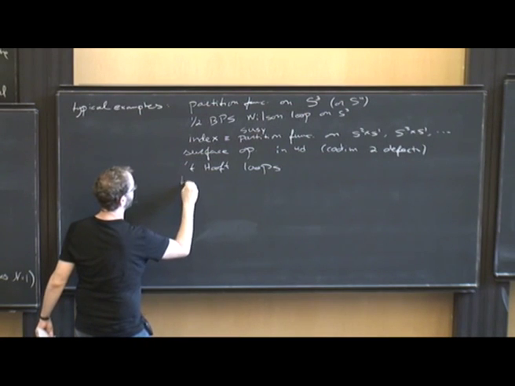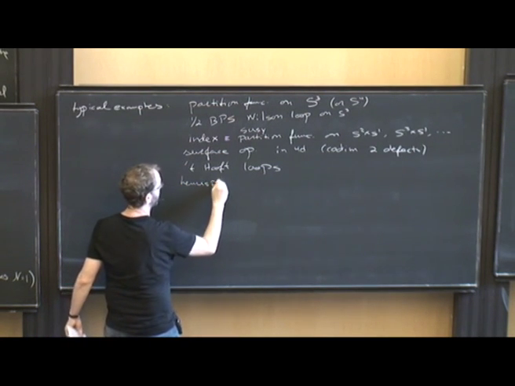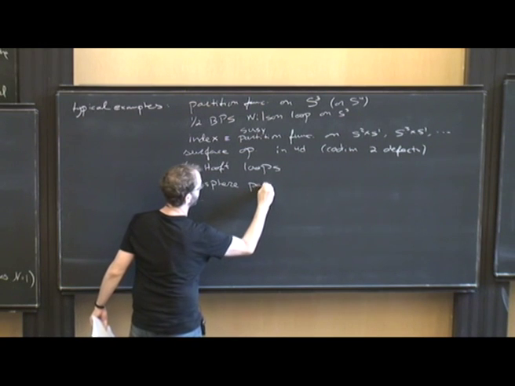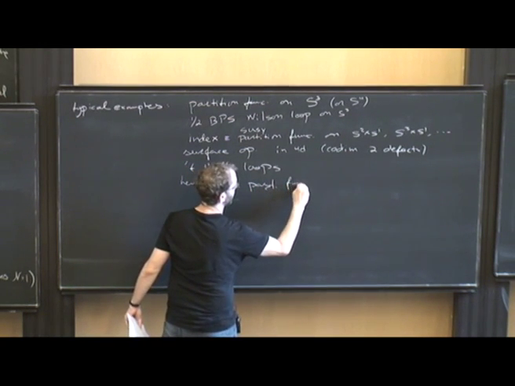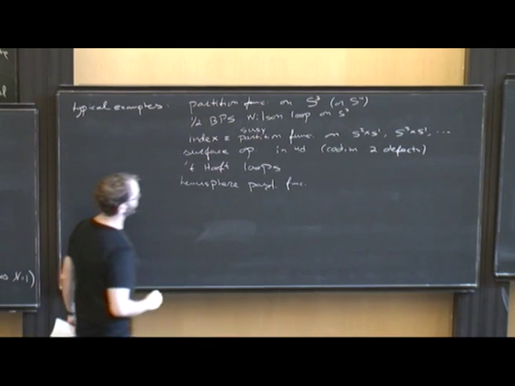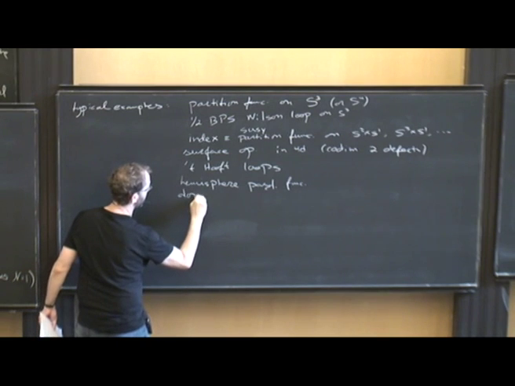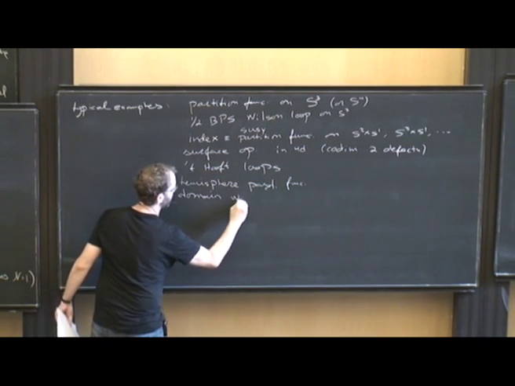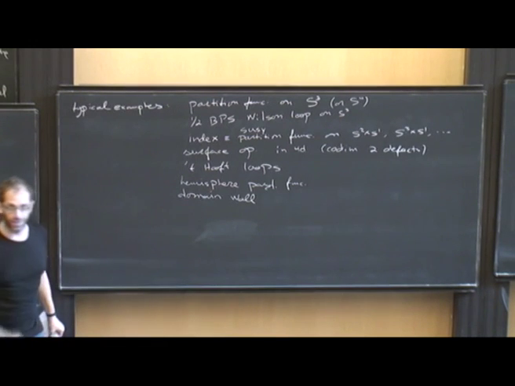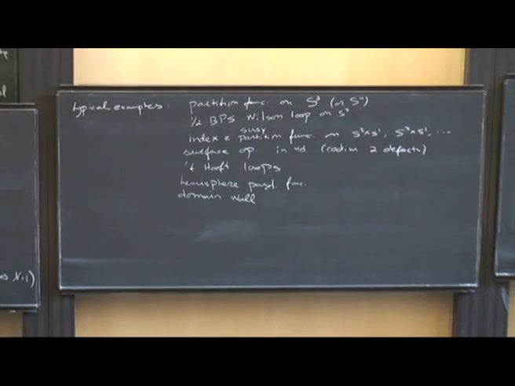You can calculate hemisphere partition functions. This was done in 2D, domain wall. And I'm essentially running out of the list. There are a few other refinements of this, but this is more or less it. So this is a general overview of what can be done, but